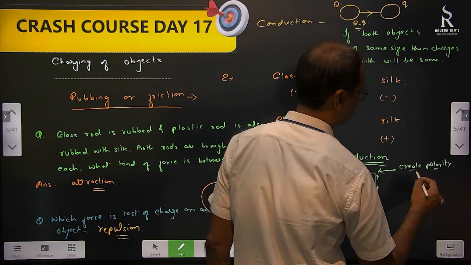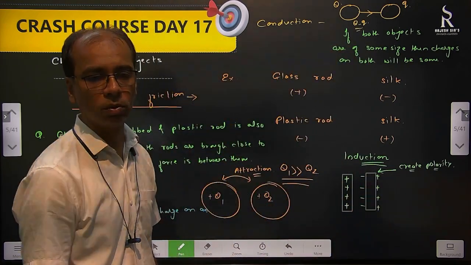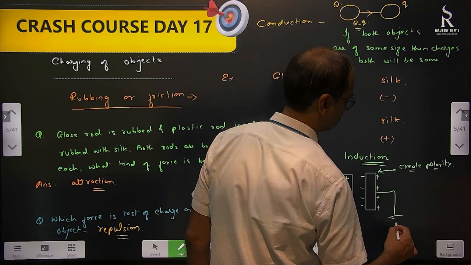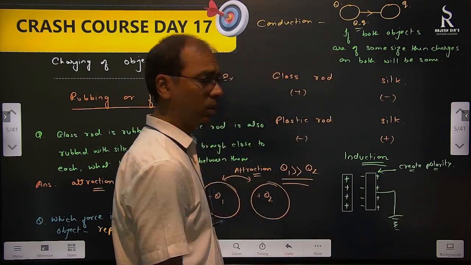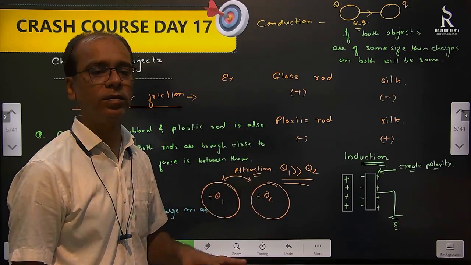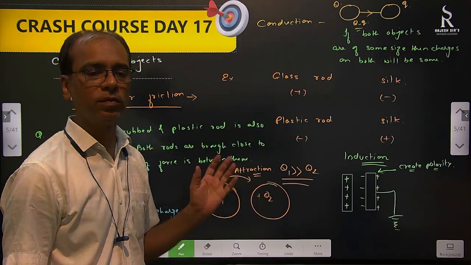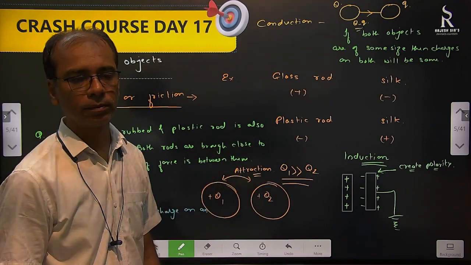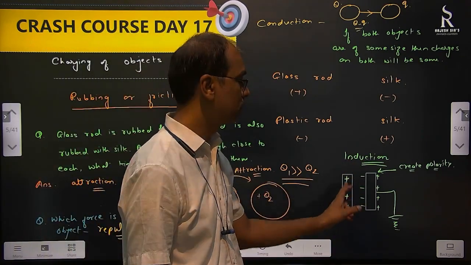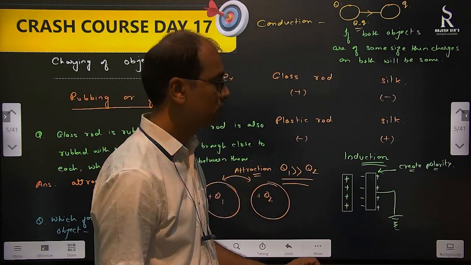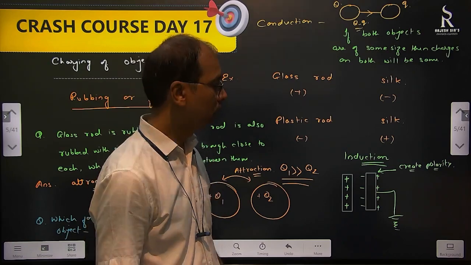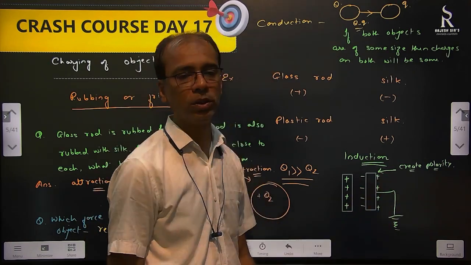Now, is this body still charged? Answer is no. Then what to do? Earth it. What does earth do? Whichever surface is connected, if there is free charge on that surface, that free charge will go to the earth. What is free charge here? Is this negative free? No, because this positive is attracting. So is this positive free? Answer is yes, it's free. So then what will happen? This positive charge will go into earth.